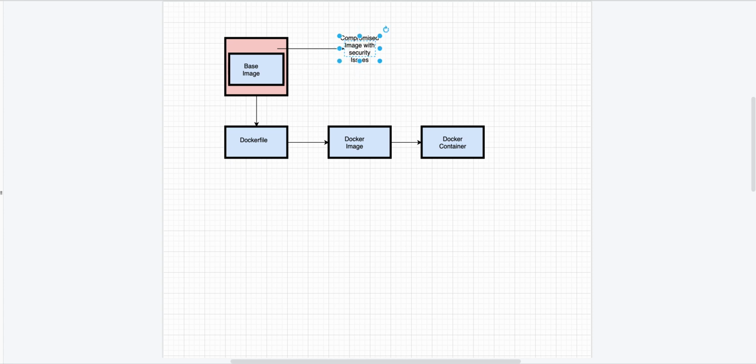One way to overcome this is that you should obviously try to use the verified images provided on Docker Hub, but sometimes it's not always possible when a chain of images is being used and you are getting an image from a third party and then creating your own image over it.